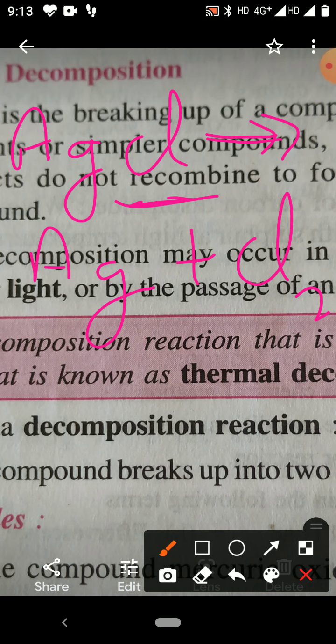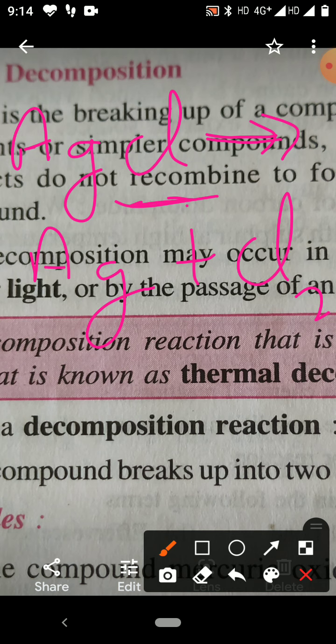When a compound comes in contact with light, it is going to decompose. Its composition will change. Therefore, children, you will see on certain medicine bottles or wrappers written, keep it away from the sunlight. If it comes in contact with direct sunlight, photochemical decomposition reaction will take place and the composition of the chemical present in the medicine will change.